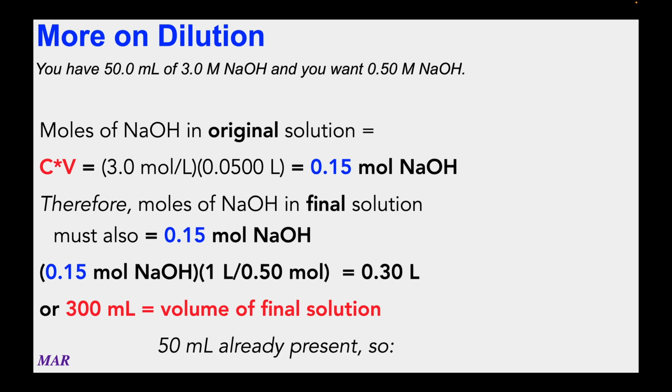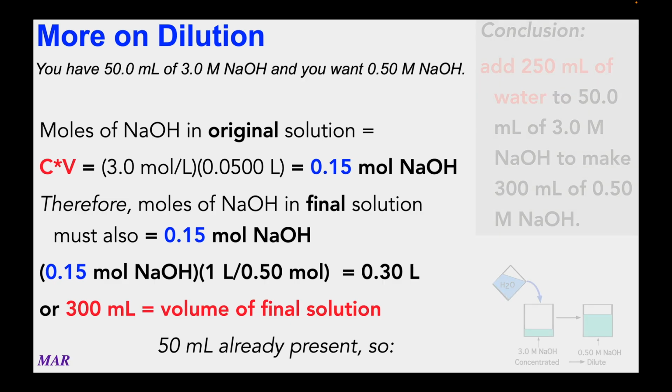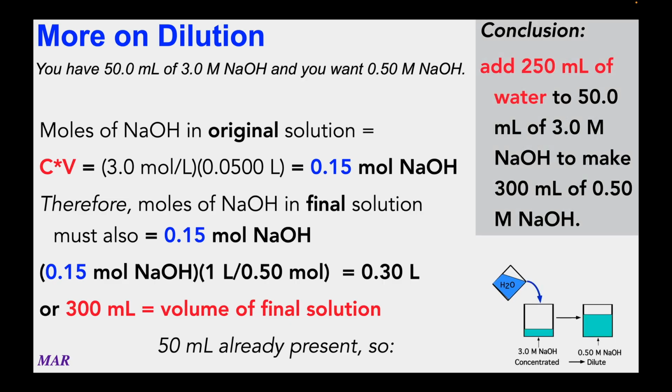But that's the volume of the final solution, and we already had 50 milliliters of solution. So if the final volume needs to be 300 and we already had 50, that means we're going to add 250 milliliters of water to the 3.0 molar sodium hydroxide to the 50 milliliters,